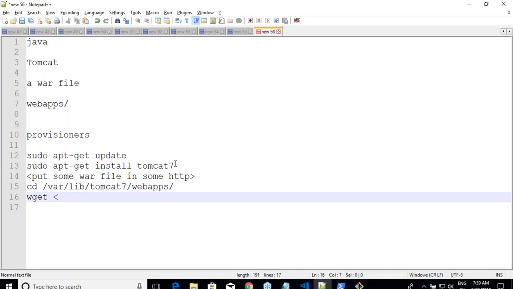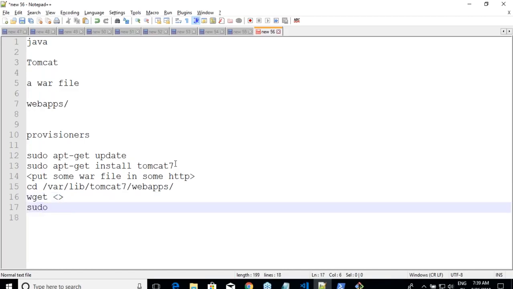Then I will just say sudo service tomcat7 restart. That's it. Okay. So what is a war file, and where am I going to download or get this stuff, right?